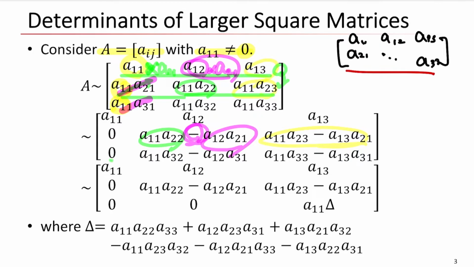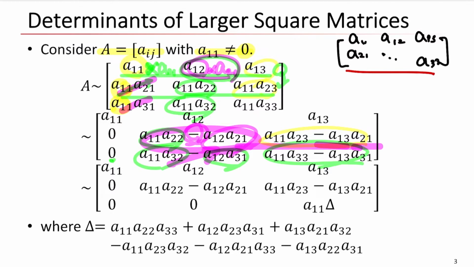What about the third row? It is 0, right? Then this one here with the A31 here, and this one, something like that. Then what do we want to do next? We have to remove this one by using this term in row 2, right? So if you perform the subsequent row reduction algorithm, then we can finally eliminate this term, and get the A11 times